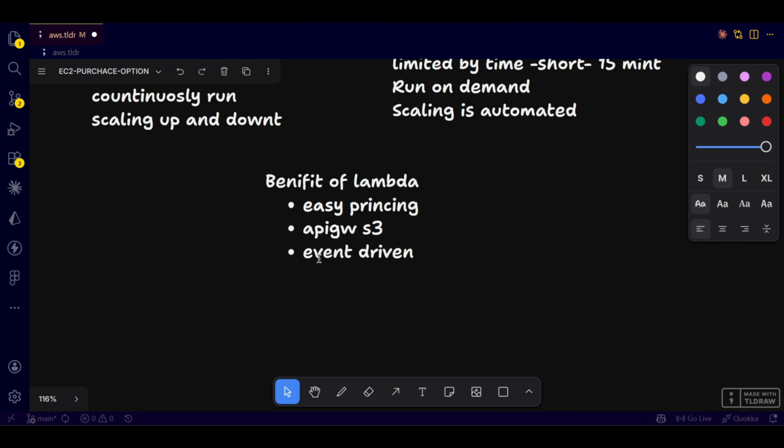And Lambda is supported by many different languages. We have Python, Java, Ruby. We'll see where all these things are and how to configure them. We'll see how Lambda actually works